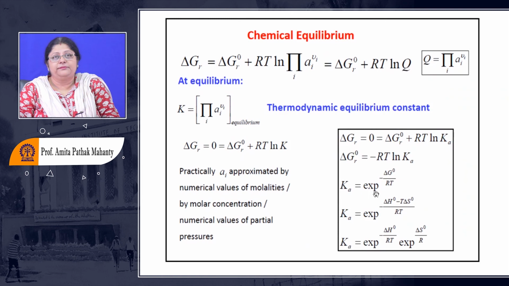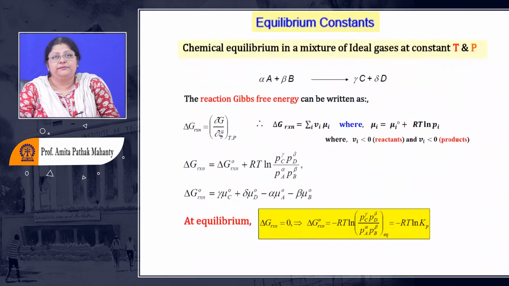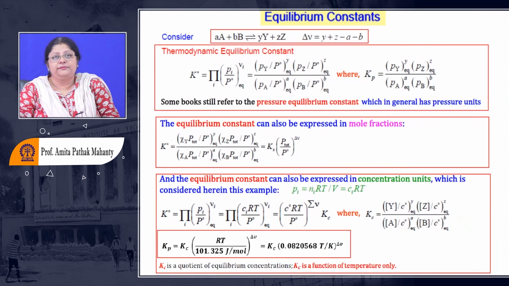Then the equilibrium constant is e to the power minus delta G naught by RT, which you can expand into delta H naught minus T delta S naught. So you have two components, which can be two exponentials: e to the power minus delta H by RT and e to the power delta S, the standard entropy change, by R, as the definition of the equilibrium constant K. So you can write down each of the equilibrium constants. You can find out what is Kp. Now let us see what are the different types of Kp's you can have.